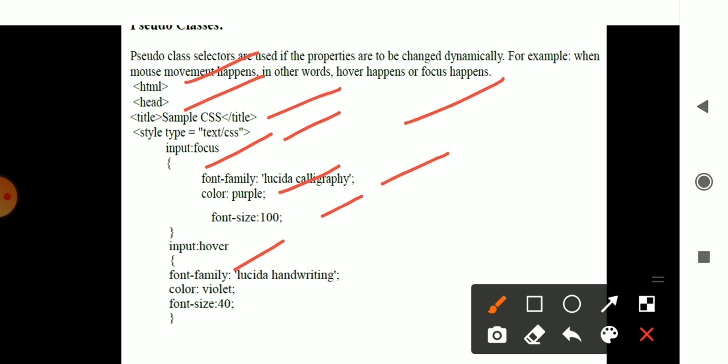Next, input hover. Focus is when I keep the cursor at that point and type. Hover is when I move the cursor somewhere else. Hover has the font Lucida Handwriting, violet color and font size 40. You may change the colors here to any other color you want.